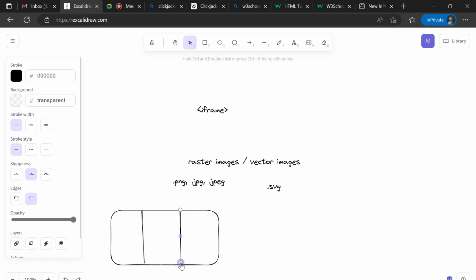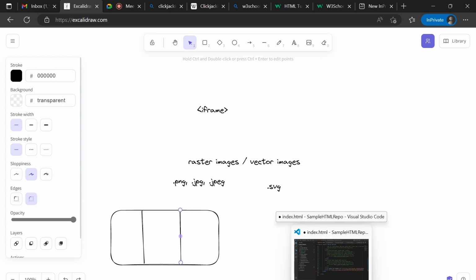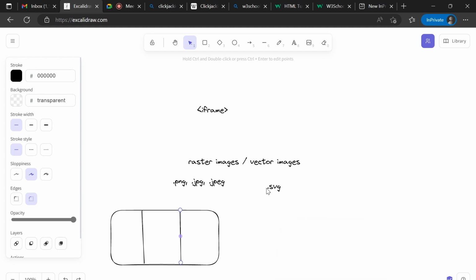So raster images contain the information about where each pixel should be located and what color should be there. And vector images are created algorithmically, where shape and path are described. We will see how we can create SVG images. It is pretty similar to HTML, but actually we use XML, another markup language, to create the SVG. And people preferably use SVG.